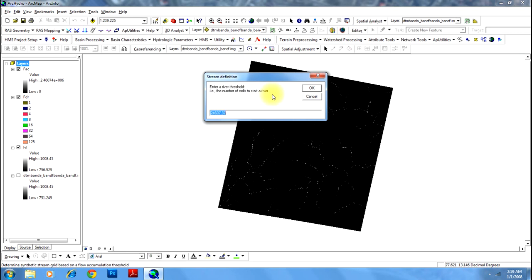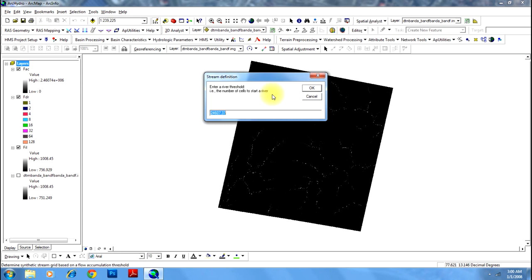Here you need to specify a value for which you think that a stream should be constructed. Say you are working on an urban dam which is having very high resolution, and you are planning to extract every small drainage network. There you may have to enter a smaller value.